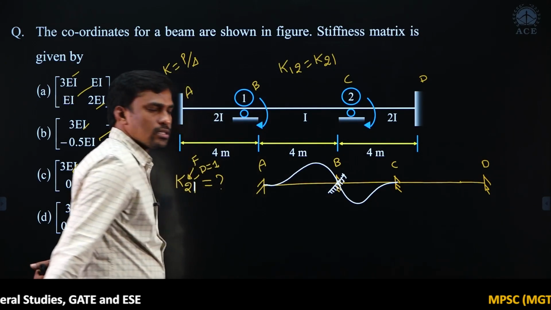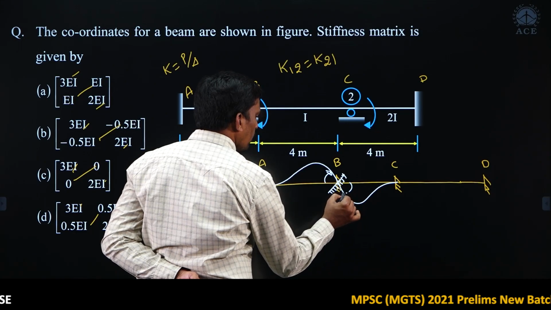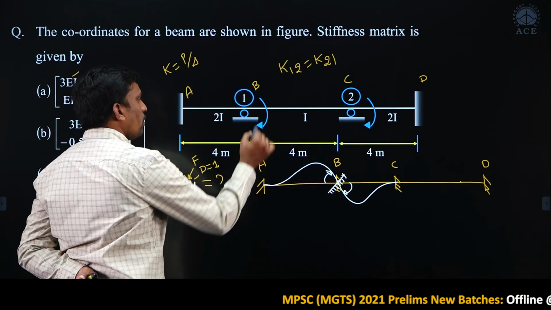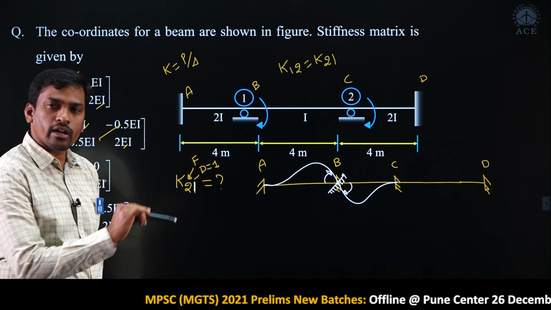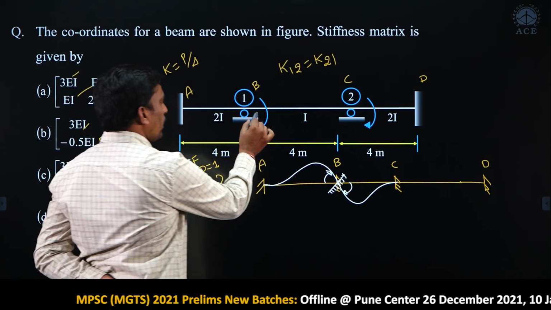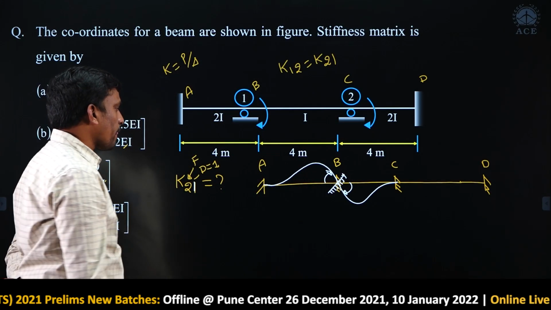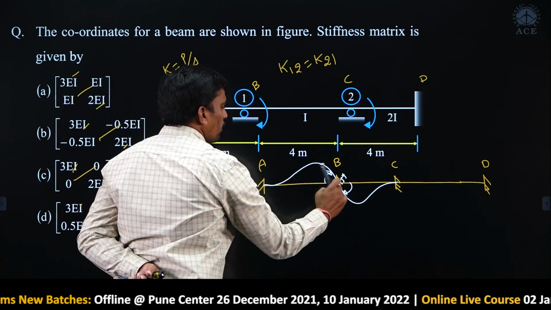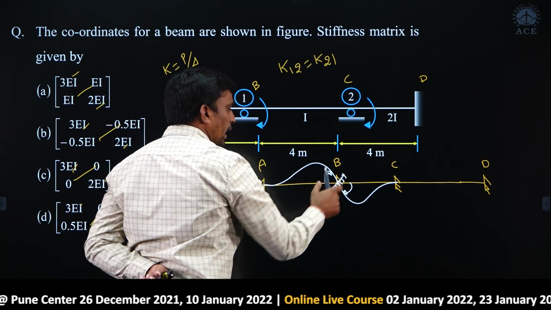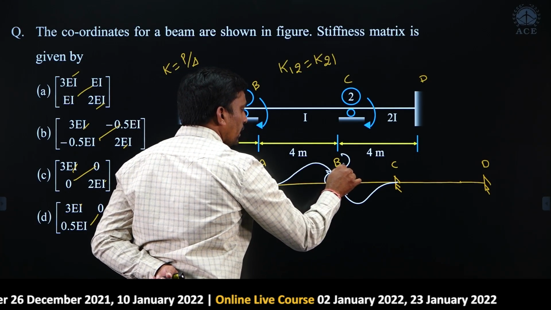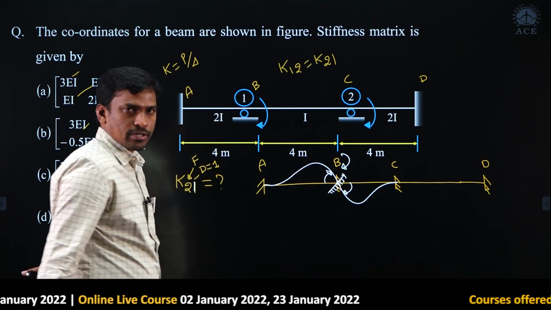Now it is like this, okay. So, check it, rotation at B clockwise or not. Why are we releasing clockwise rotation? Because in the question, the given rotation at B is clockwise, that is coordinate 1 is clockwise. This coordinate 1, coordinate 2 are degrees of freedom, okay. Then students, when this support rotates in clockwise direction, if I apply moment in clockwise direction, then only this support rotates in clockwise direction, okay.